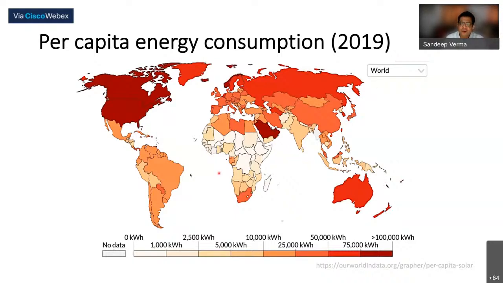So, I would not go through the numbers. It is not important. But what I'm trying to show here is that you start with industrialized countries, developed nations, to developing nations, to underdeveloped nations. Bottom line is everybody requires energy, and energy requirement not only depends on the devices that we use or the cars that we drive, but it is also important that we live a normal, healthy, and happy life. It could just be the running of a fan. For some, it could be running their Humvee, their sports utility vehicle. Everything requires energy. So that equity, that per capita consumption, if you look at the Indian subcontinent in particular,